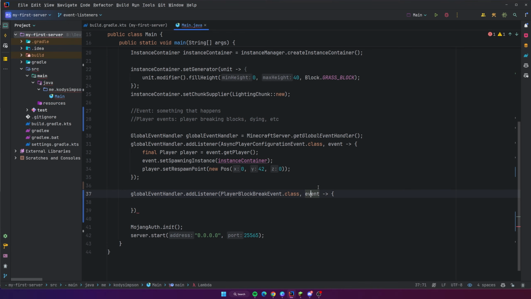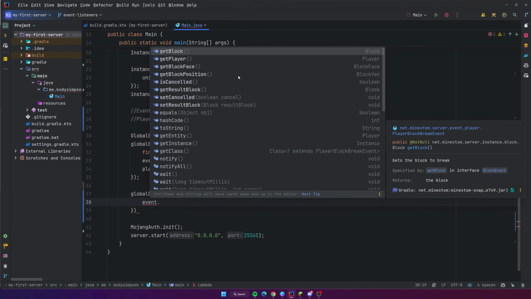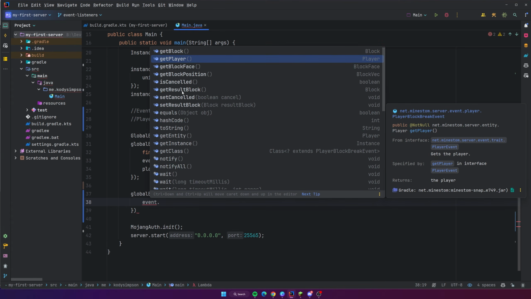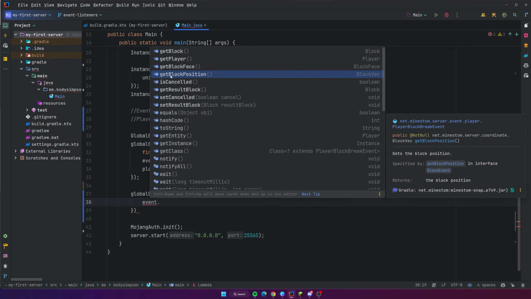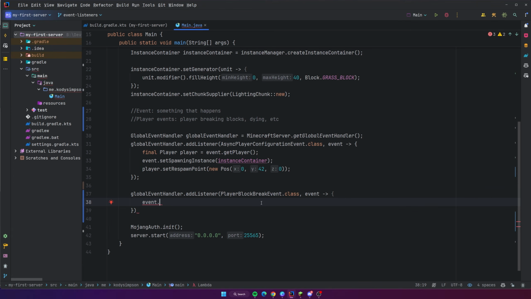But yeah, this variable here represents the actual event itself, and it gives you all the information from the event. So we can do event dot, and you can see that it has all this information here. So you can see the block that was broken. It even tells you in the documentation. You can see the player who broke the block, the face, the block position, so the XYZ coordinates of the block. You can cancel it, which we'll talk about in a second, but all kinds of cool stuff, right? So that's how you extract information when an event happens, which is very helpful. So let's put that to the test.